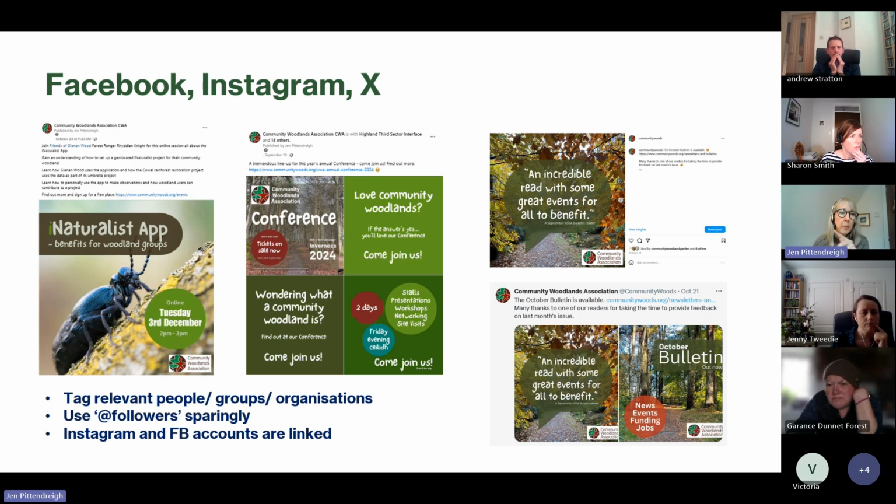So this is our next event that's coming up, which is about the iNaturalist app. So generally speaking, what I do is in Canva, I'll knock up an image, and on the basis of thinking people might not even bother to read the bit that goes with the post, I'm trying to get the information into the image so that people pick it up quite quickly. And I will always put the link in that takes folk back to the website in the events page.